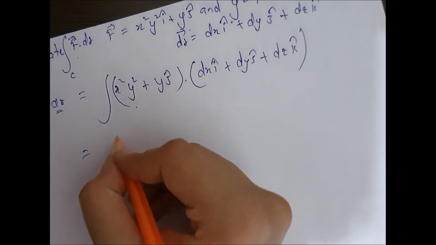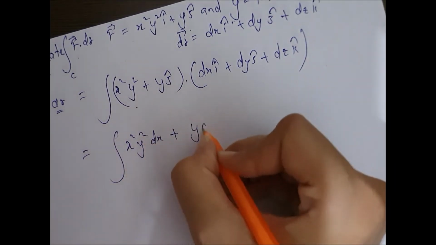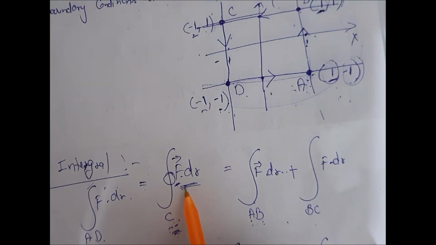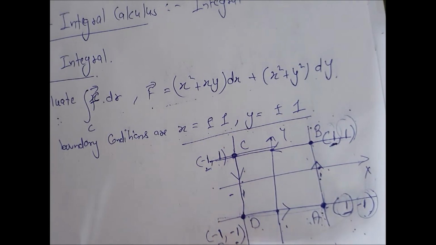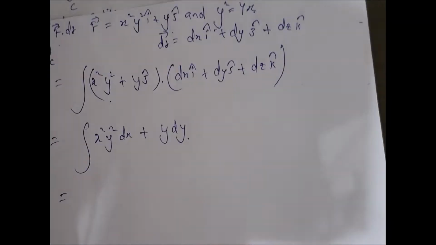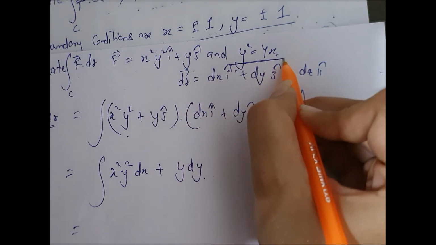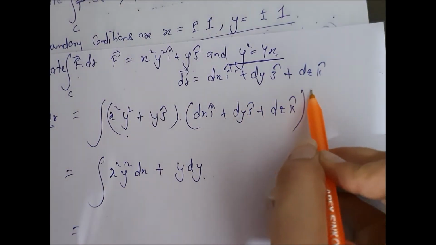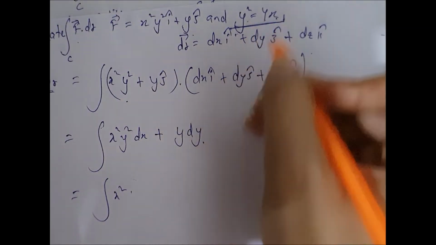So take divergence. In the first place we have not taken divergence because we are given the boundary condition, so we have to plot these boundary conditions. We are given this function. Here we are given the value of y square. Here no boundary conditions are there. In fact we are given the value of y, so y square is 4x.